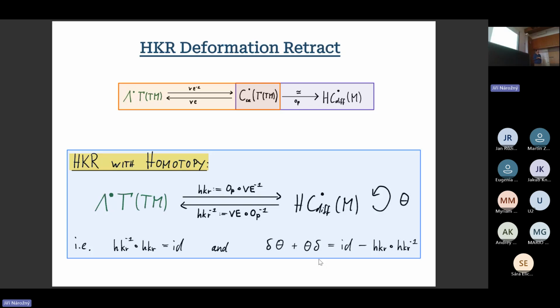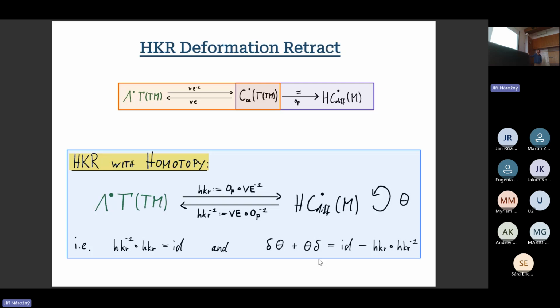We never chose coordinates. We never needed to go local and then patch things together. All our constructions are inherently global, and all these maps have explicit formulas, in the sense that we have these sums from the homological perturbation lemma. In the end, we get a quasi-inverse for the HKR map, and we get a homotopy which really tells us: